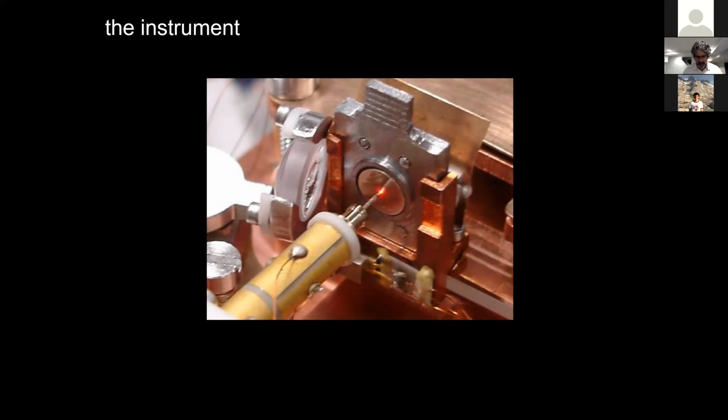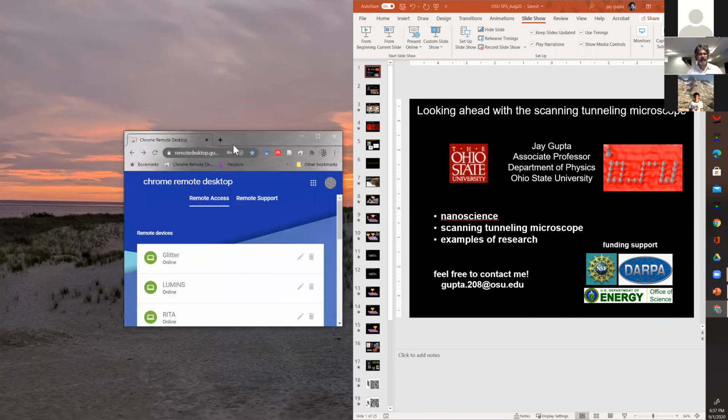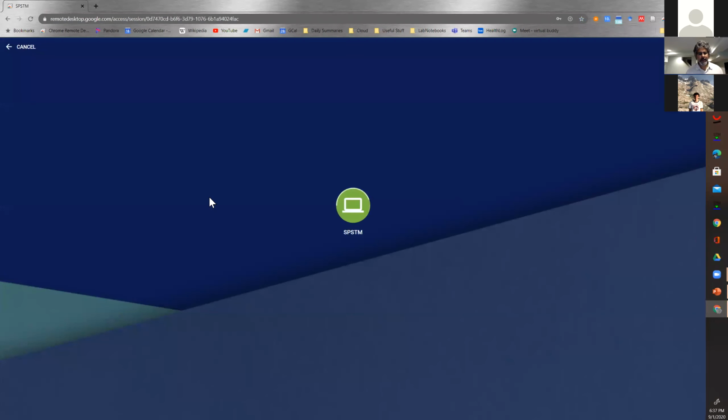And because I do need to go in a few minutes, let me just try to switch over to the remote imaging, just because I think it's always fun. So let me show you how we do that. It turns out Google Chrome has a very nice remote desktop client. And so these are some of the computers in my lab. The one that's going to control the STM that is running right now is